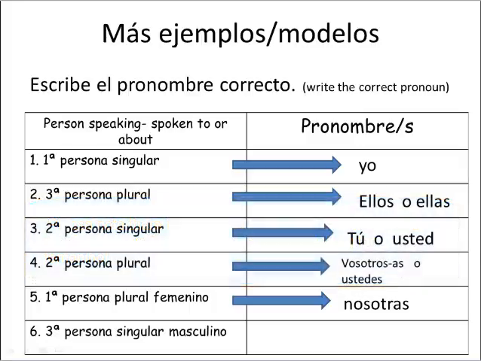And last but not least, we have número 6, and here we're looking for tercera persona singular masculino. What is the pronoun that refers to such? And in this case, now we have tercera persona, it's singular, so we know if we look at that, it's going to be either él or ella, either he or she. And in this case, we're looking for masculino, so we know we have to narrow that down to just él, he. And that would be the tercera persona singular masculino pronombre.